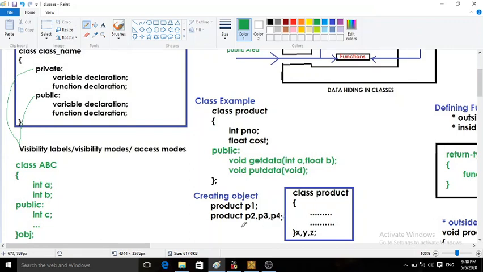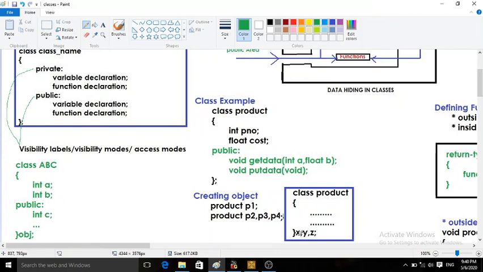One more way to create object for your class is like this. When we declare our class, after this closing curly brace, immediately here also we can declare objects, just like this. Here I have declared three objects, x, y, z. That means x, y and z end with semicolon.